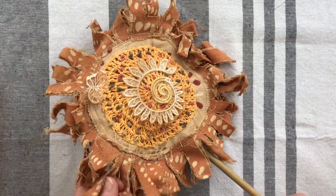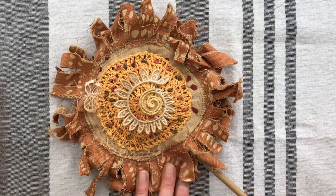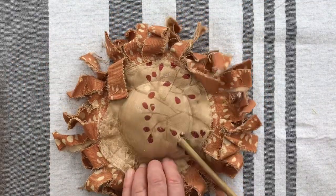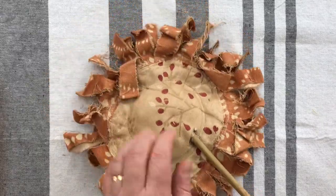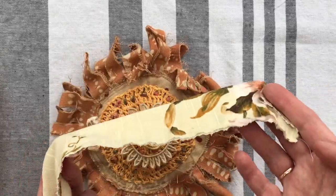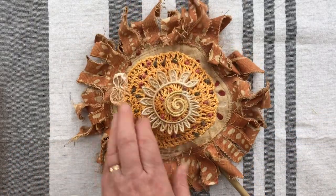And I didn't tidy up the edges or anything. It's meant to be scruffy looking, and I tea dyed the whole thing then. And you can see from the back there's another circle put onto it, and there's a little bit of stuffing in the middle, and there's a cane, an ordinary garden cane, glued up into it, and that's all. Just plenty of long narrow strips of fabric chopped up, sewn around the edges, tea dyed, and then I added